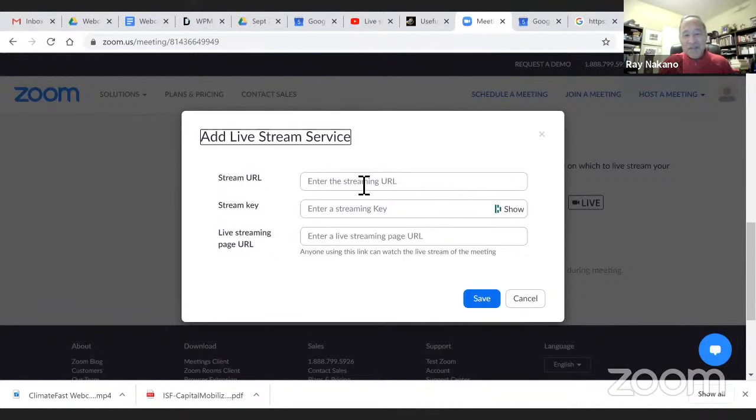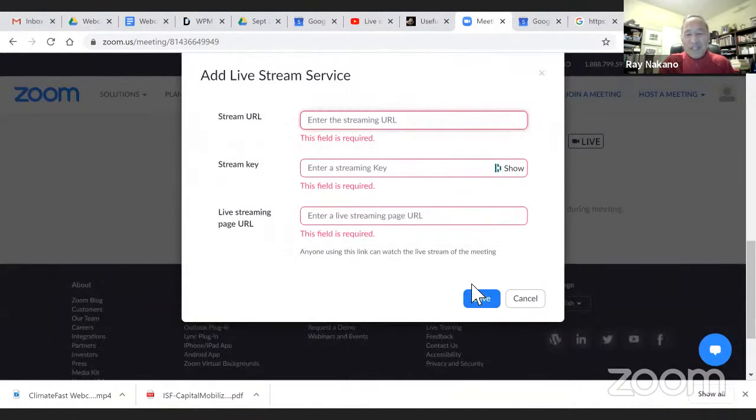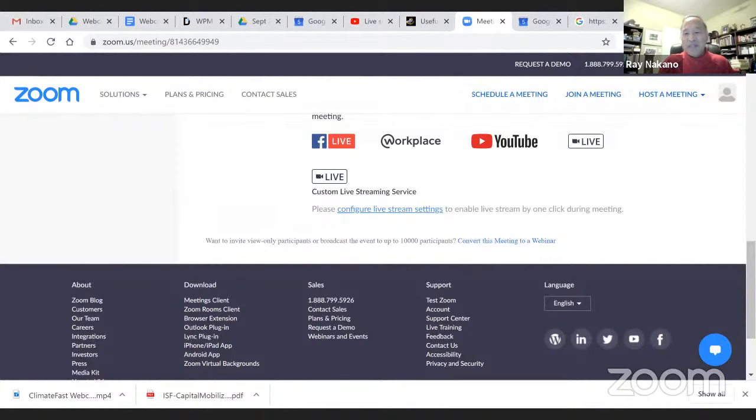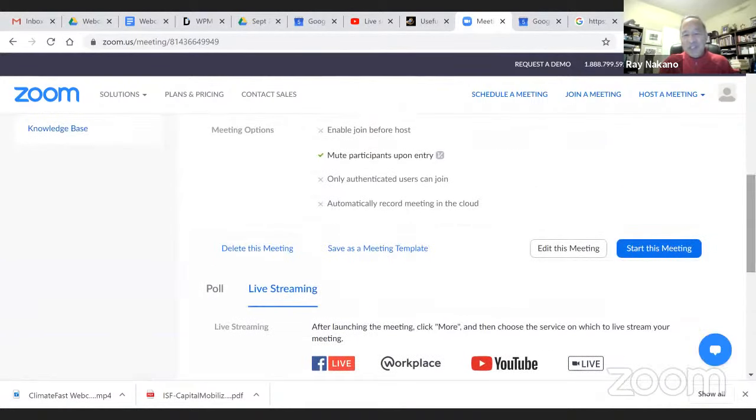Then you just do the save. Of course, it's not going to work here because I don't have any legitimate keys, and that's what it tells me right now if you don't do it properly. But that's how you actually connect your Zoom session to your YouTube live stream. And it's very important not to mix them up, right? So you don't want to be accidentally putting in your rehearsal YouTube live stream links into your actual webcast Zoom webcast. So that's your linking.